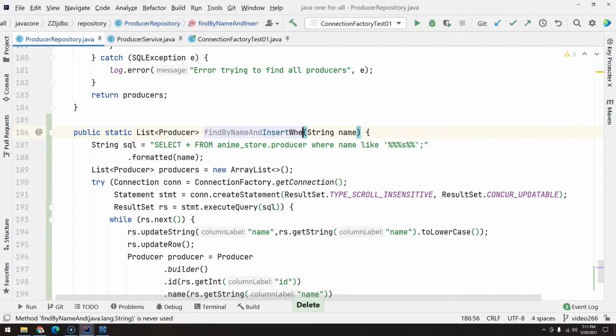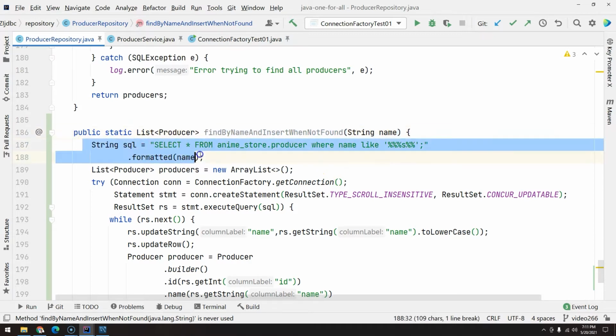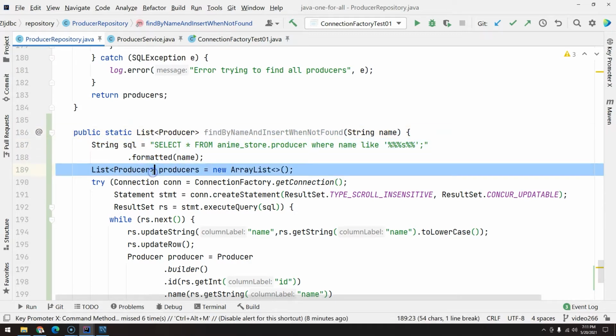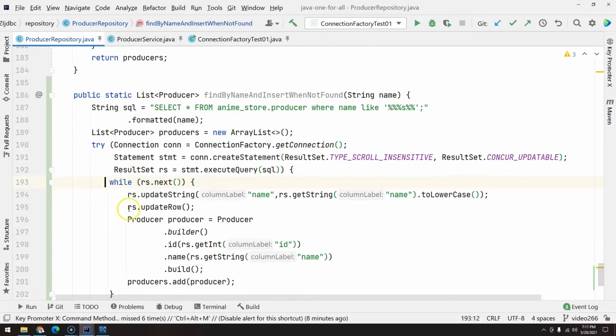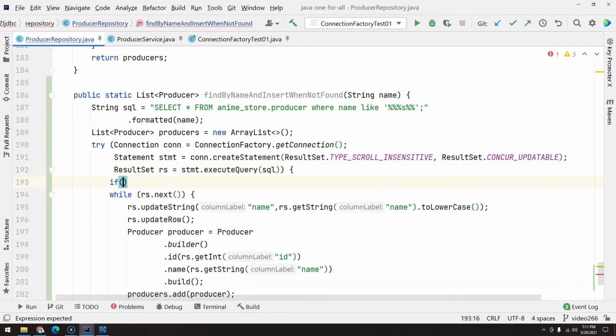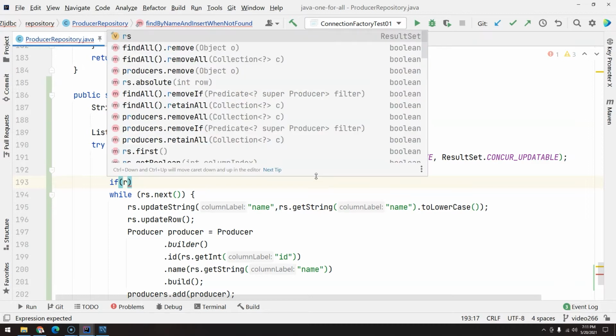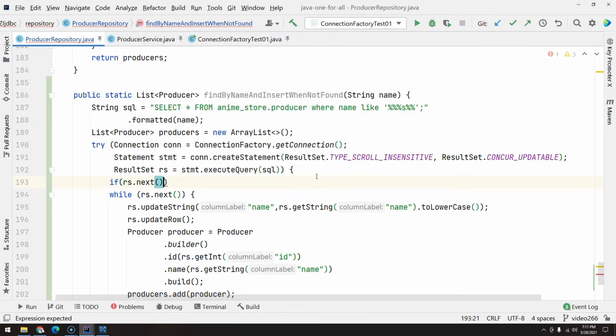insert when not found. Okay, so basically it will be exactly the same here, here, here, and here. And now we are going to change this part a little bit, because if something actually exists, we are just going to skip. So we can do the following: return